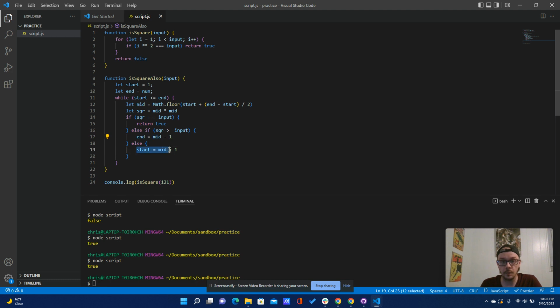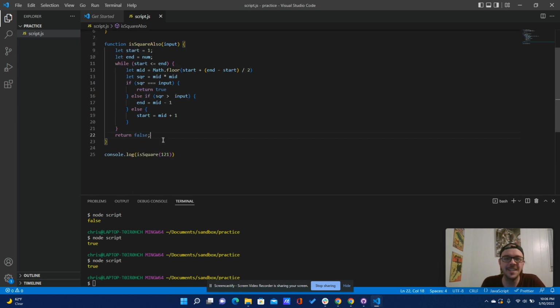which means we're going to hit this because 36 is not greater than the input, and it's not equal to the input of 50. Getting close to the answer, so I need to make sure it'll kick back the right answer. So we've got 36. So the mid equaled 6. Now the start is going to equal 7. So we need to find the midpoint between 7 and 12, which is,